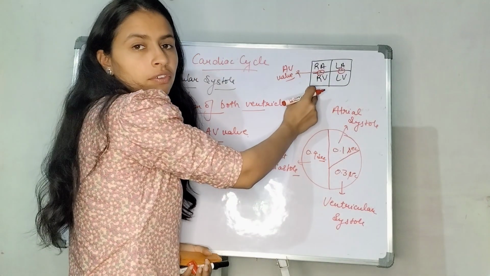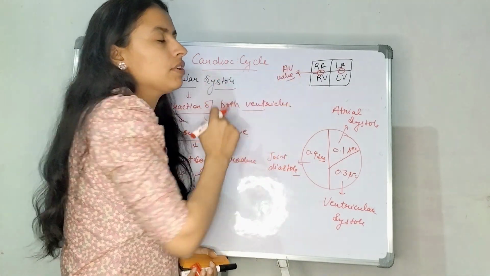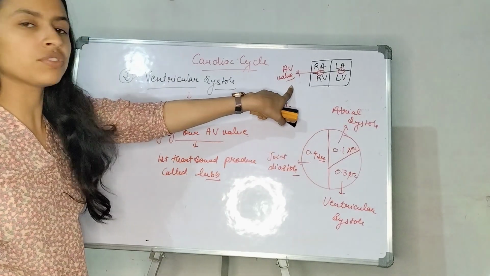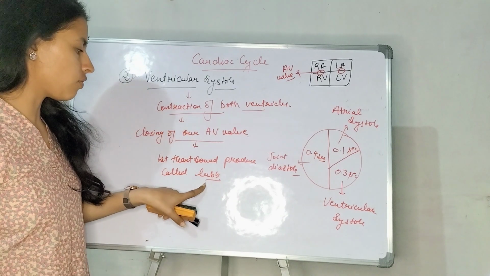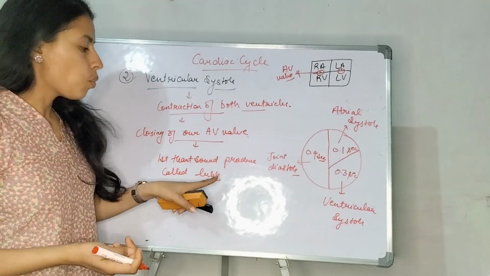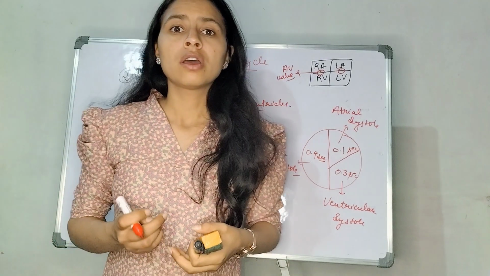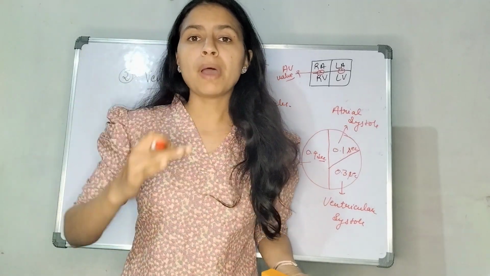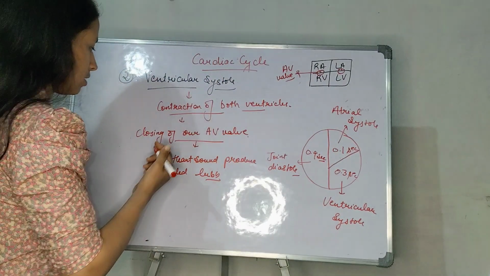Due to the contraction of our ventricles, our AV valves close. Due to the closing of these AV valves, the first sound of the heart is produced, called lubb. Why do these AV valves close? Closing of these AV valves is required to prevent the backflow of the blood